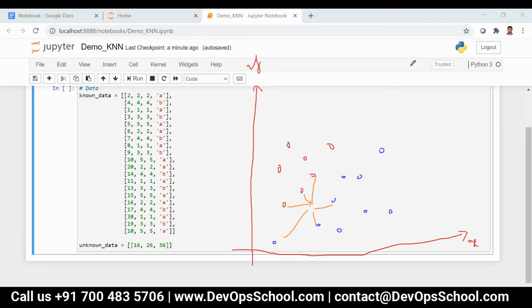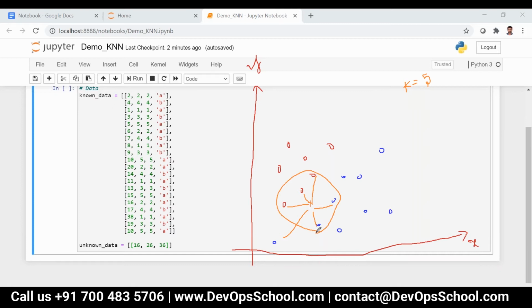And then, for example, if k is equal to 5, depending on the distance, it has to choose the 5 nearest data points, the ones with the nearest distance. So these are the 5 nearest neighbors.